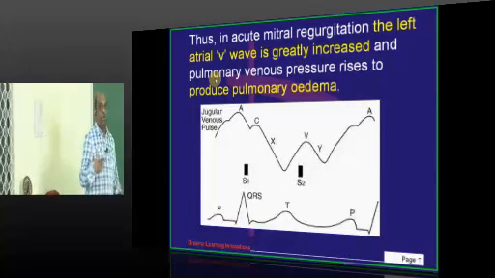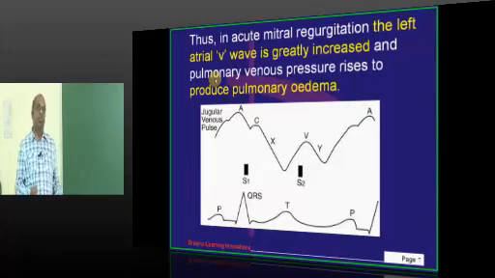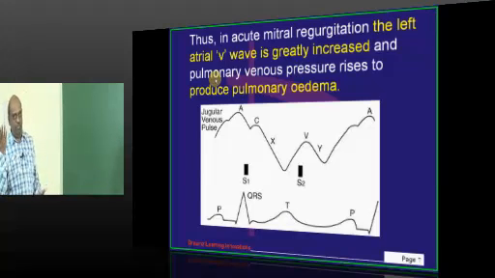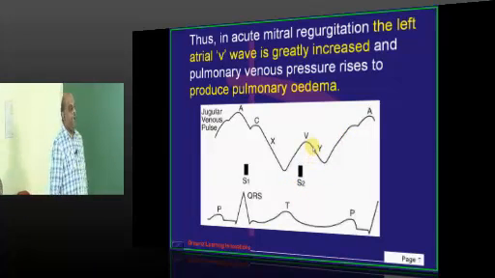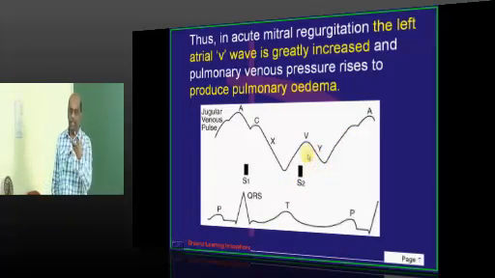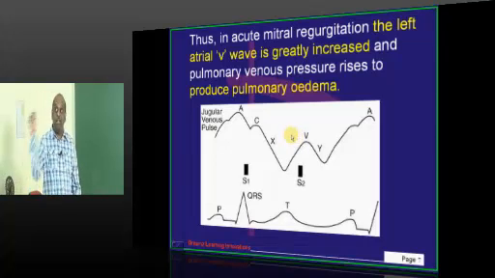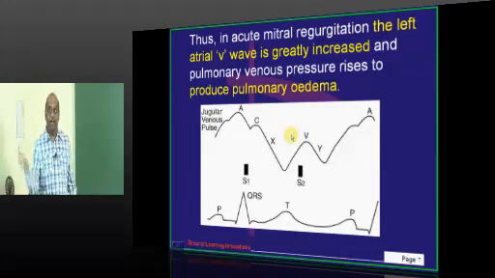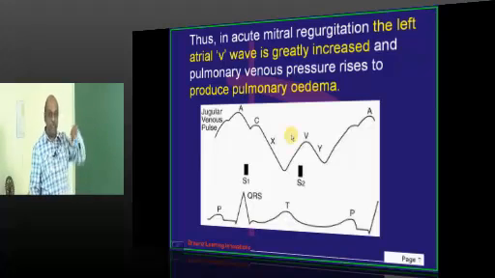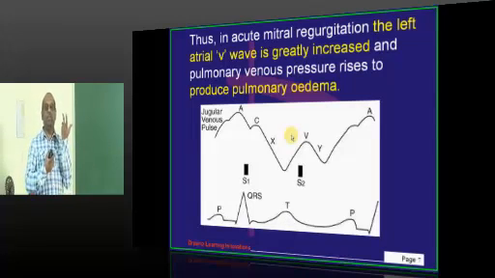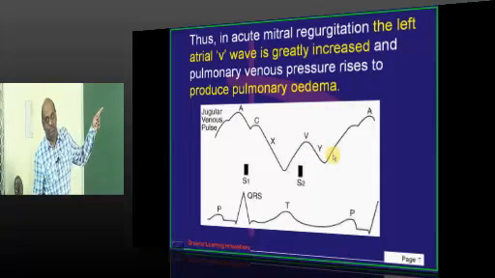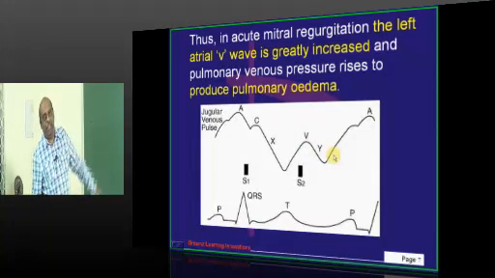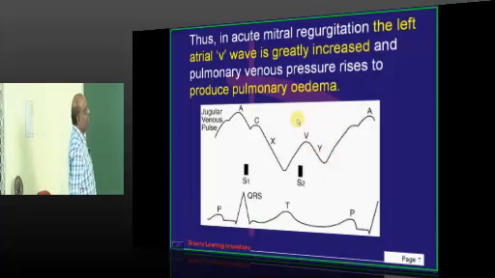Whereas, once more, if there is an acute MR, which wave gets affected? The other day we discussed the JVP, right? So, left atrial V wave. Why does it occur? When the atrium gets filled by SVC and IVC, then the V wave will occur. If there is a regurgitant jet, what will happen? That regurgitant blood is coming and regular SVC, IVC blood is coming, together there will be too much blood in the atrium and that will typically lead to a prominent V wave. Prominent V wave in the JVP is what needs to be remembered.